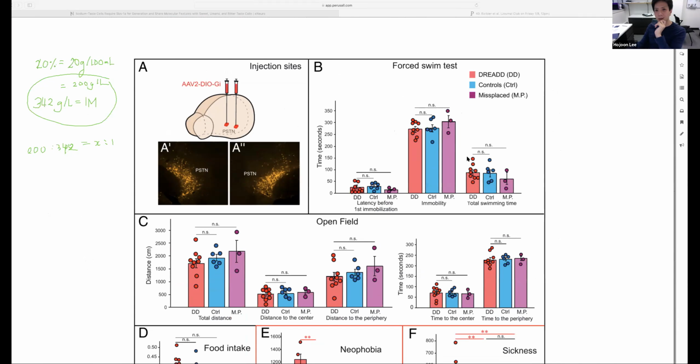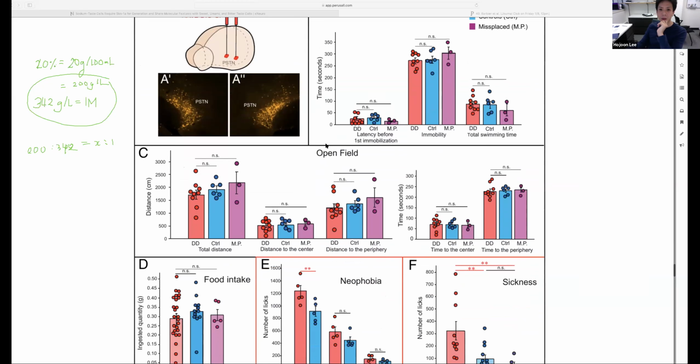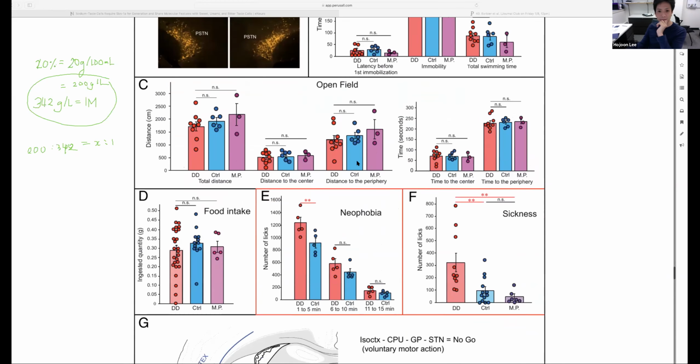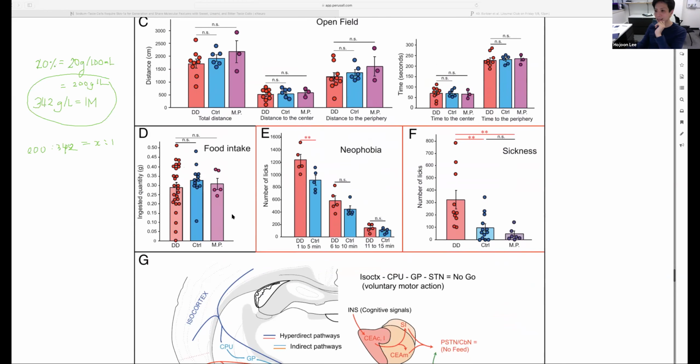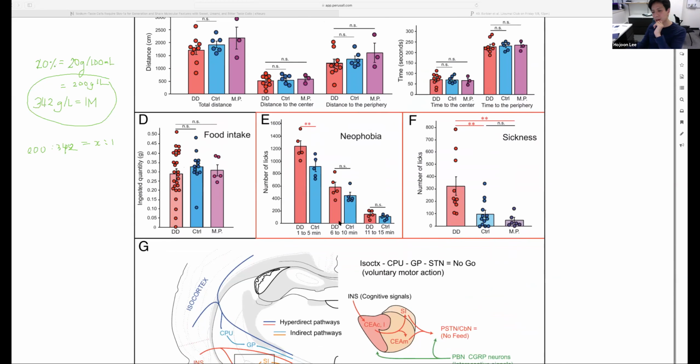And they don't see effects with the forced swim test. They don't see effects of open field. They don't see differences in the food intake. The two differences that they do see, one is that when you block the activity of PSTN TAC neurons, then they see increased licks after inducing sickness,